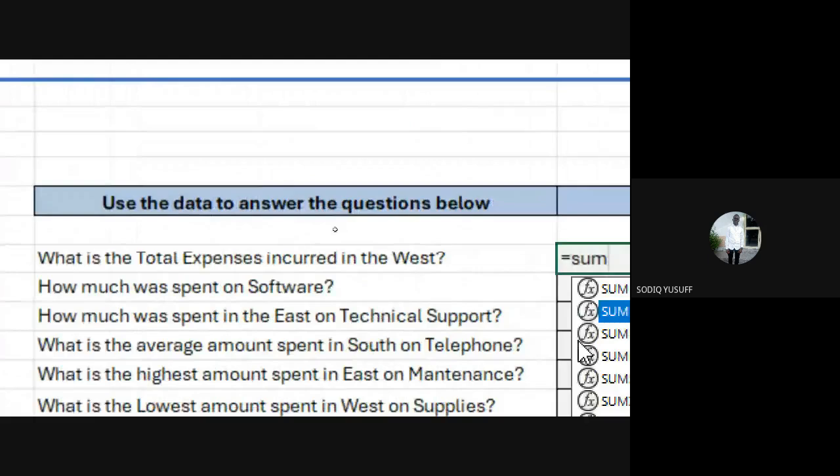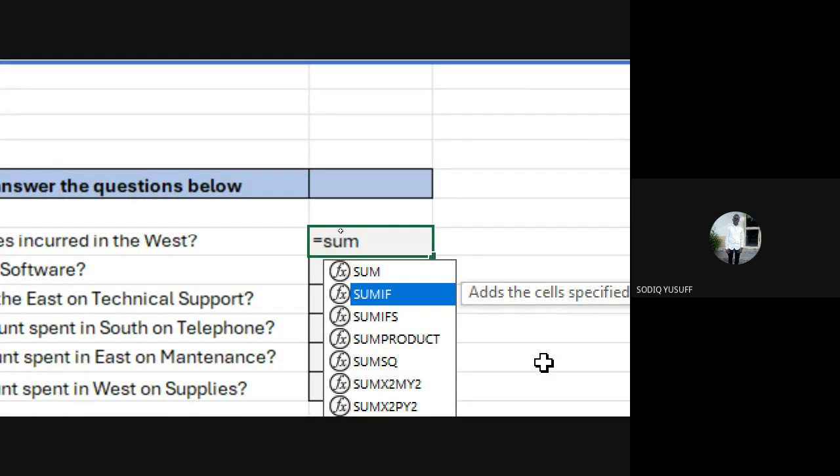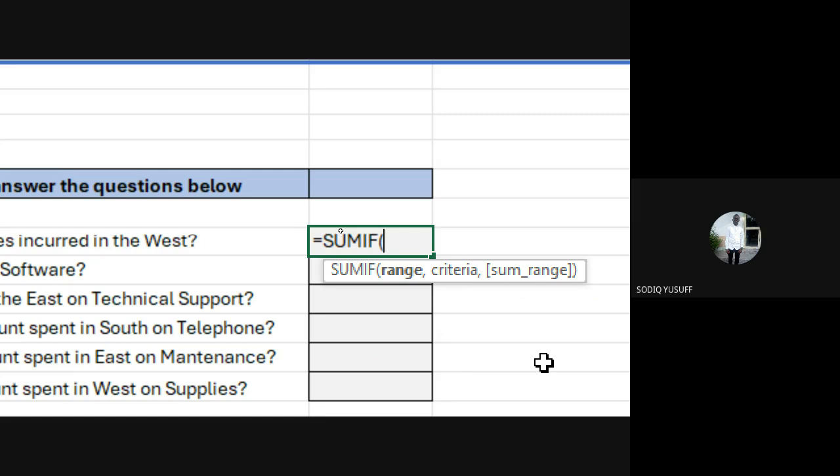Now, another thing is that the sum if will only work when you have a single condition, but sum ifs will work when you have multiple conditions, and it can also work for a single condition. So sum ifs can do the work of singular and plural, while sum if can only do the work of singular. Now, we are going to test both of them and you'll see how they work. So everyone, I need you to follow me as I'm moving. So we go to sum if, the first one. Are we here? Yes, sir.